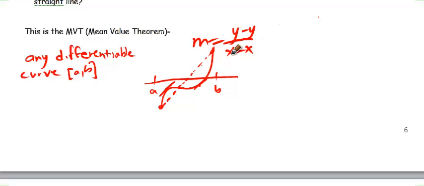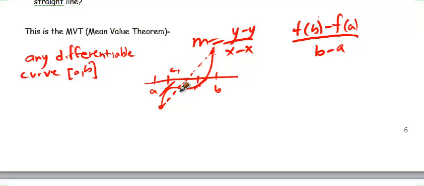So, how do we find this in calculus? This is our average slope. Well, this is my y value. It's at the ordered pair b comma f of b. So it's f of b minus f of a over b minus a. That is my slope. And there's 2 values. We're going to use c's, c1 and c2. 2 c values here in this picture where the slope, f prime of c, the instantaneous slope, equals the average